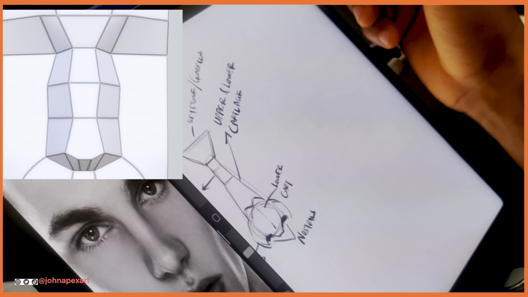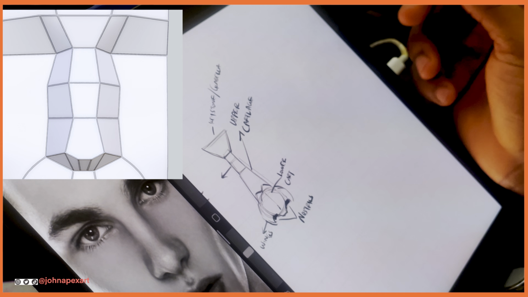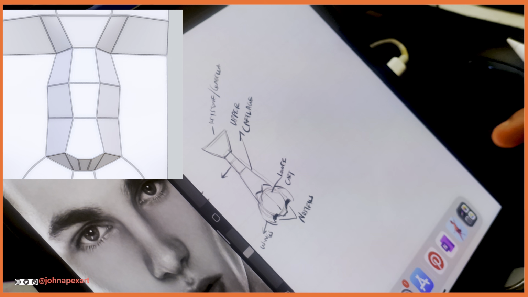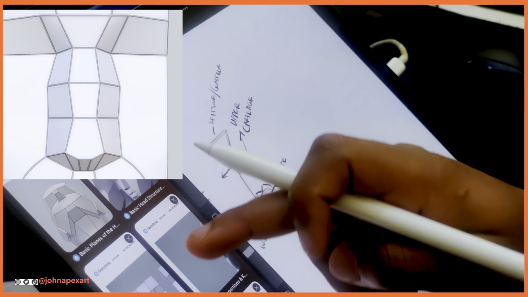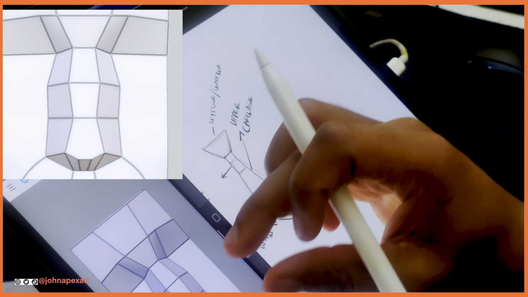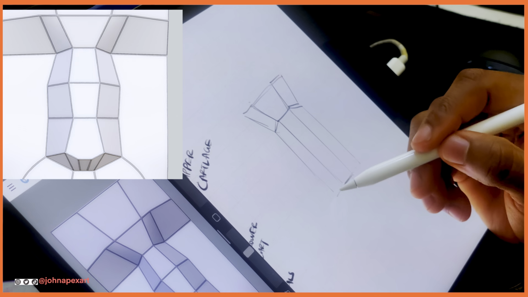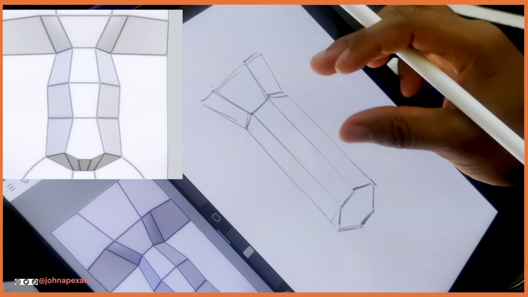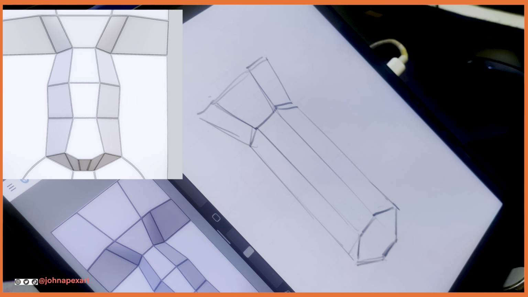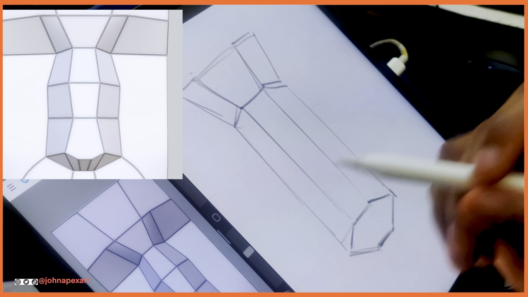Rather than memorizing these anatomical features, what you simply need to understand is planes. So I'm going to bring back the planes of the nose again. Now look at this here. Instead of memorizing the nasal bone and all of those complex names, it is just simple to understand the planes,